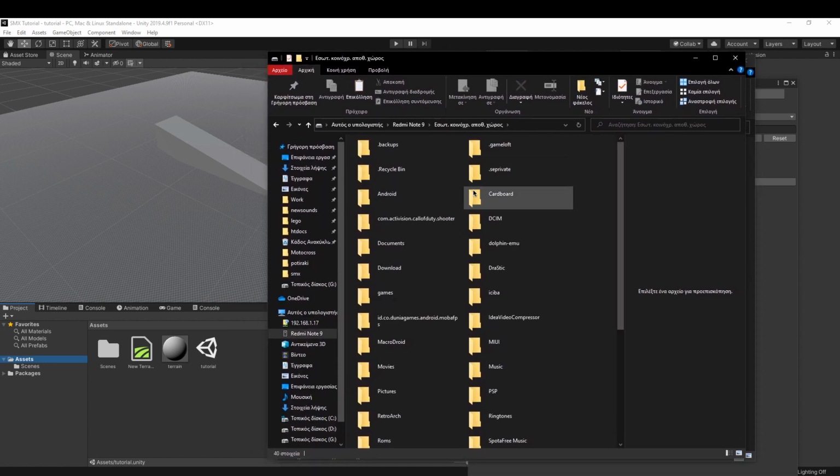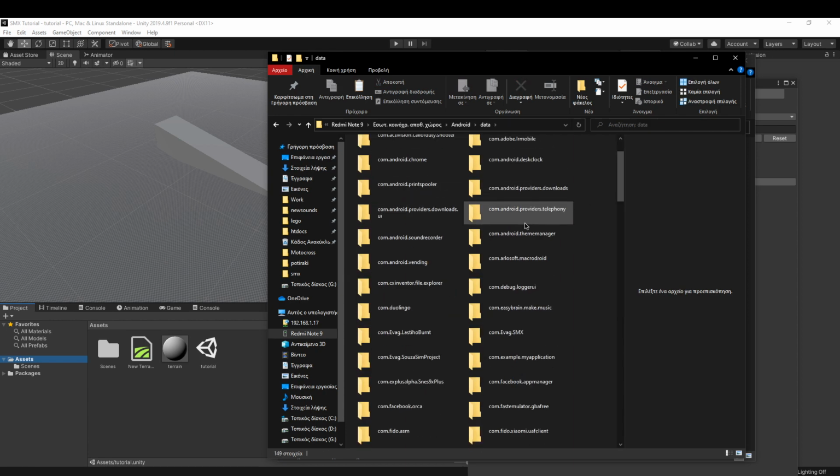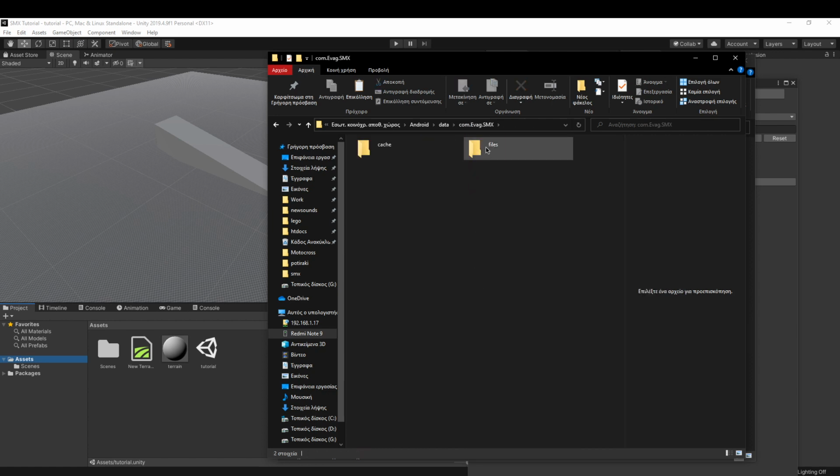Go to your device storage. Go to Android, Data, find the com.evac.smx folder, click Files, Modes, and paste the folder here. So here's our folder, it's in Android, Data, com.evac.smx, files, modes, and now we have 000 debug, the tutorial mode name,